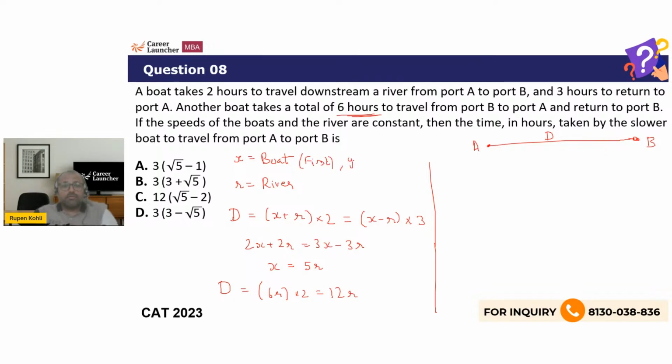लेट्स से द सेकंड बोट, y इज द स्पीड ऑफ द सेकेंड बोट जिसके ऊपर हमें अब इक्वेशन लिखनी है। तो डिस्टेंस d, मैं डायरेक्टली लिख रहा हूँ 12r, डिस्टेंस d 12r डिवाइडेड बाय, पहले वो बोट B से A जा रही है, अपस्ट्रीम जा रही है, आप किसी भी ऑर्डर में लिख लें उससे कोई फर्क नहीं पड़ता, टोटल टाइम की इक्वेशन लिखनी है। y माइनस r प्लस डिस्टेंस इज 2r अपॉन डाउनस्ट्रीम y प्लस r। मुझे यही एक्सप्रेशन की वैल्यू चाहिए एंड दिस टोटल थिंग इज इक्वल टू 6 आवर्स।